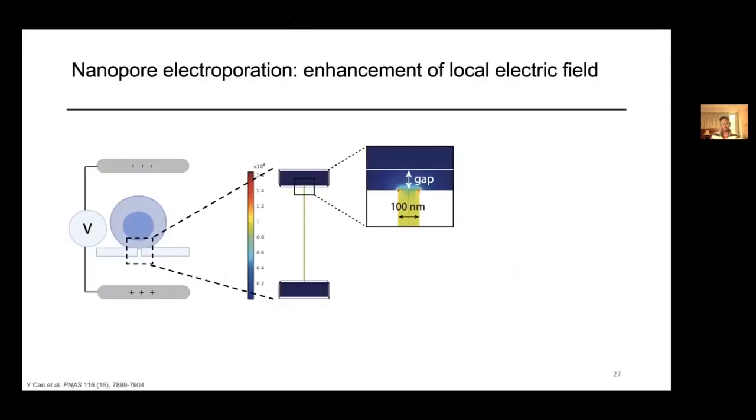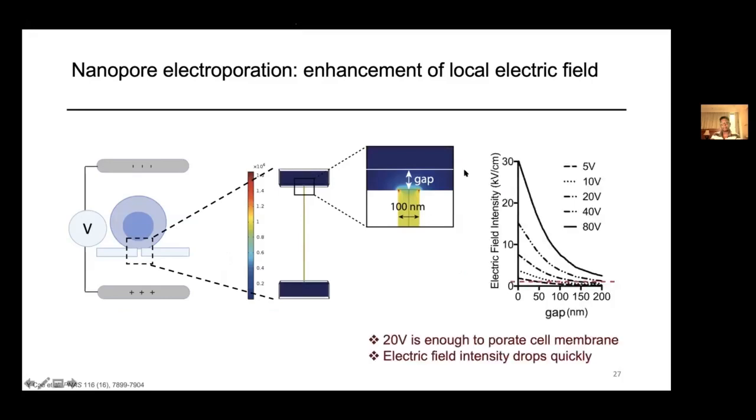We verified our idea by doing a COMSOL simulation to look at the actual electric field distribution through a nanopore. In this model we created two salt reservoirs and used a nanopore to directly connect them. Then we applied a voltage potential across the nanopore and analyzed the electric field distribution. This is the plot of the electric field intensity along the trace that moves away from the nanopore, and the red dashed line is the typical field strength needed to porate the cell membrane.